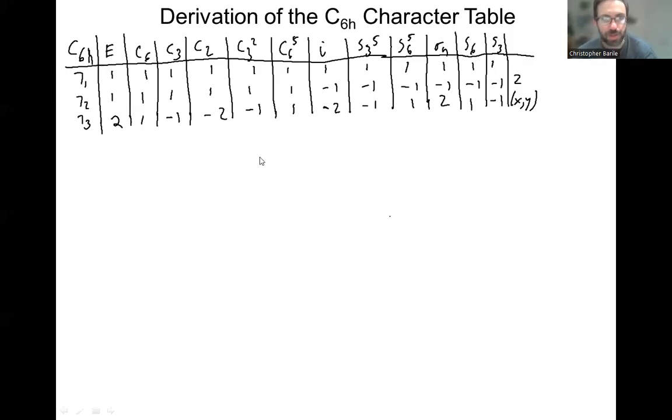All right, so in this video, we are going to be continuing our derivation of the C6h character table. Where we got last time was we figured out how the z vector, or the z function, transforms as this gamma 2, and that x and y transform together as gamma 3. And so at this point, what we just have to do is continue to test functions to try to derive